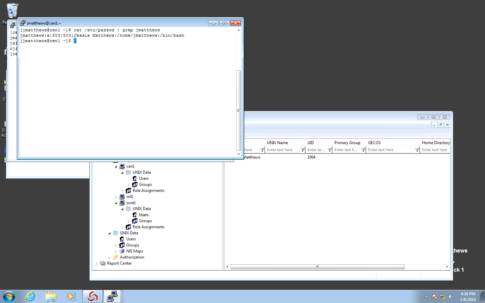So now we still have this local account in the local machine. The right thing to do would be to delete that account. Why? Because we don't need to worry about it anymore. We impersonated that account, so we are 503 going forward. So there's no need to have two duplicated accounts. So let's do a